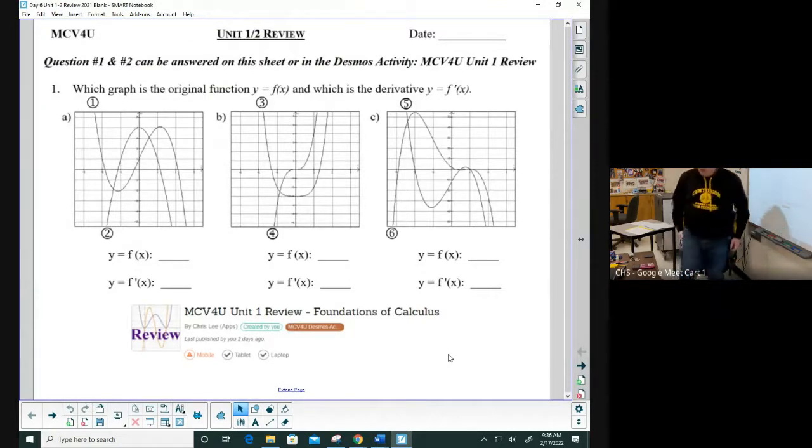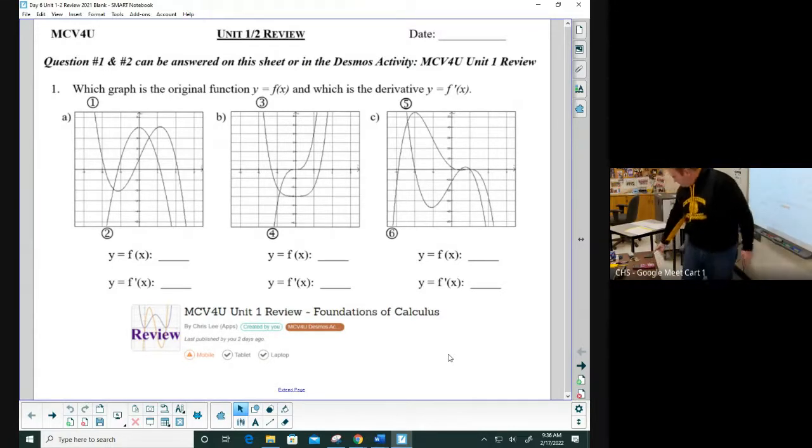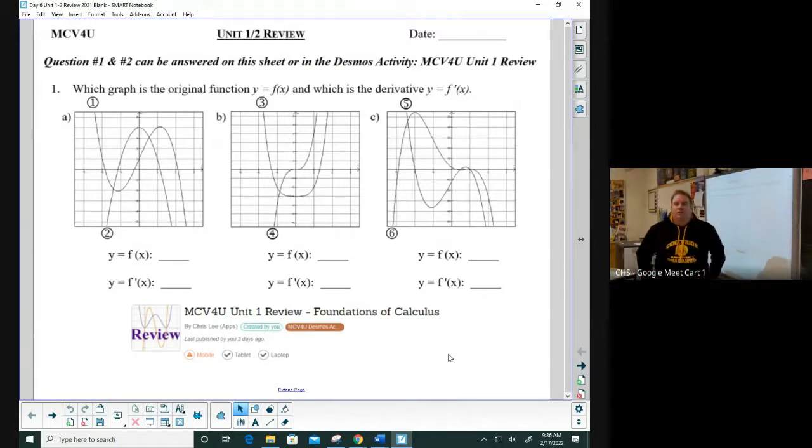Also, you should see that questions 1, 2, and 3 are all Unit 1, and then as soon as we get to question 4, we're into Unit 2. So that's important to know. On your test, the front page is all Unit 1, and the back page is all Unit 2, just to help you understand what you need to do. Okay, so